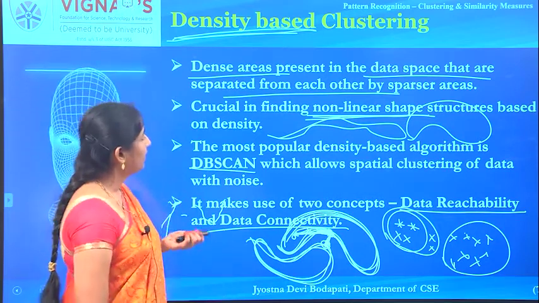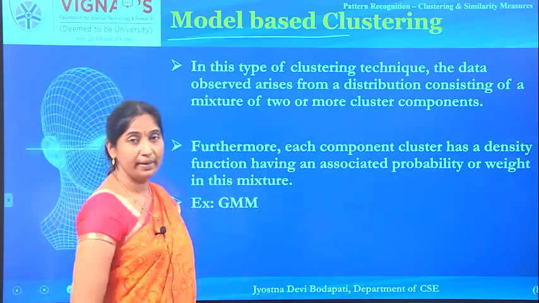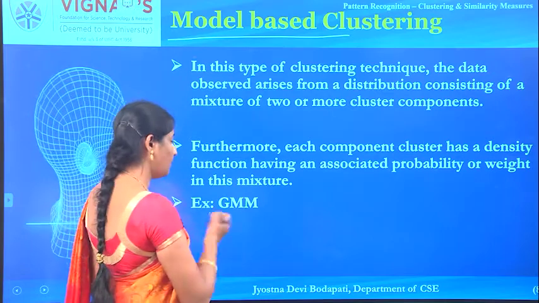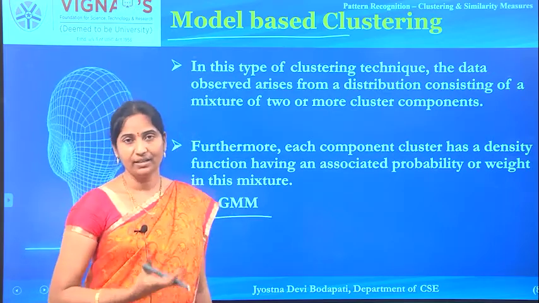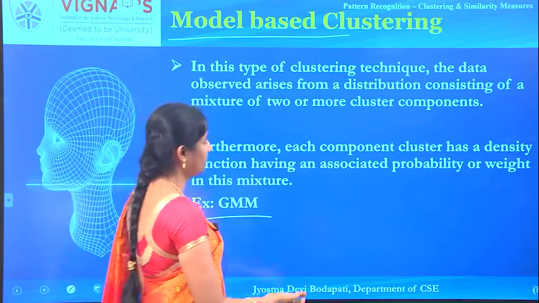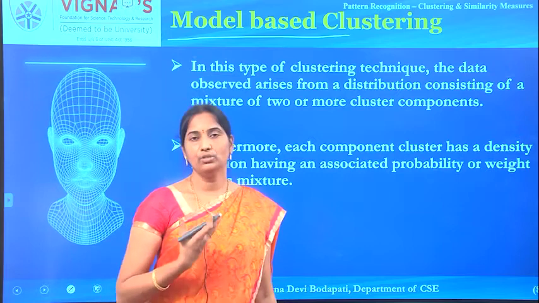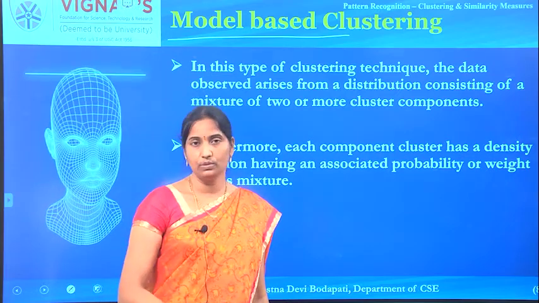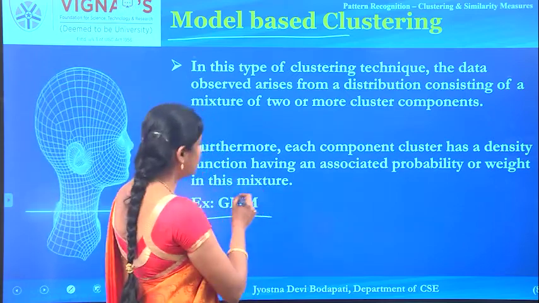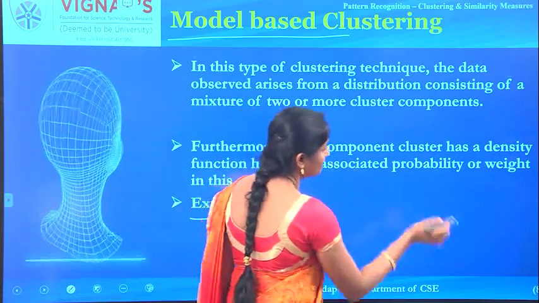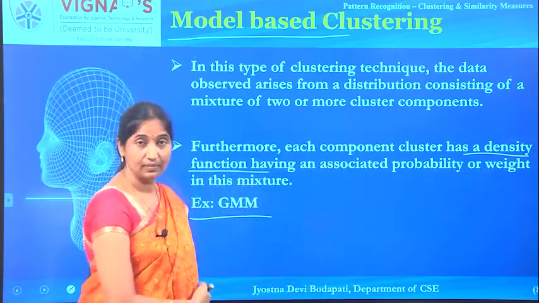Now let's see another type of clustering, model based clustering. An example is the popular Gaussian mixture models, which can be used to form different clusters. Here the assumption is that the data follows some kind of probability distribution, and based on that assumption we'll be forming the clusters. We'll be identifying the density measure given the set of data, and once the density is measured, we can form the clusters.